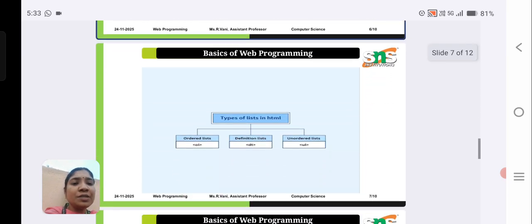Next one we are going to see what is list, what are the types of list we have used in HTML. List is a group of a set of data, collection of data, which can be in the format of ordered list, unordered list, and a definition list. Ordered list is a collection of set of similar data such as an ordered list of data, whereas unordered list